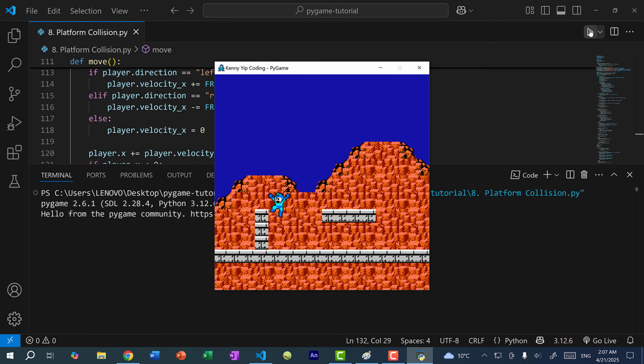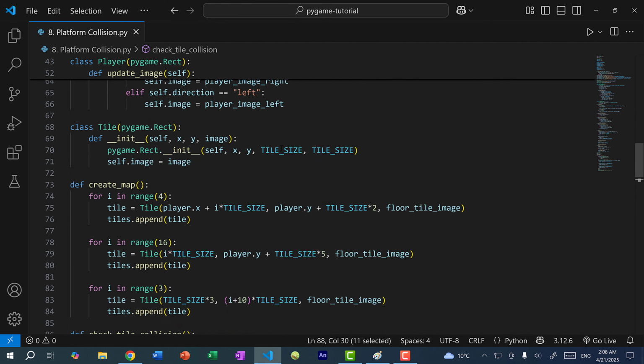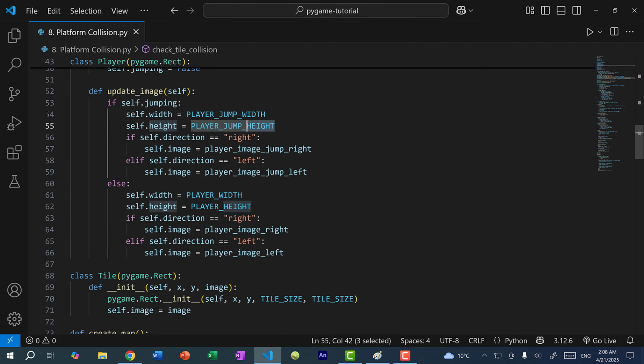And you can see we actually have some weird behavior going on. Can you guess why? So the reason is actually due to the width and height of the player changing. If you look at our tile collision functions, we are calling collide rect, which detects the intersection between two rectangles. The problem is, over here, we are constantly changing our width and height depending on whether Mega Man is